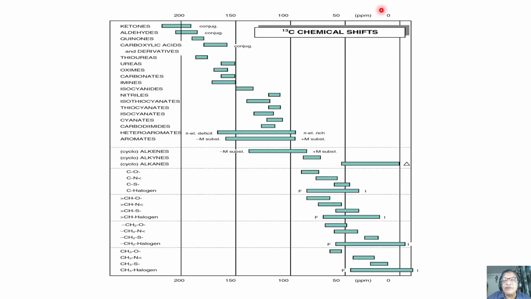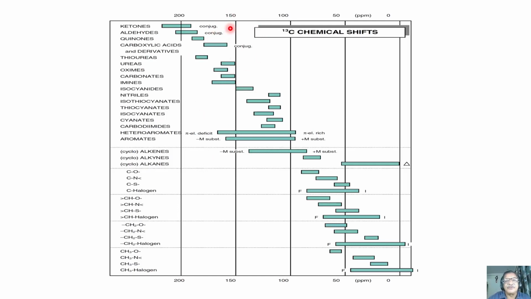For example, if I have carbon-13 chemical shifts, remember carbon-13, the chemical shift varies from 0 to 300 ppm. It can go even beyond. In that case, again, if I see the carbon CH3 attached to halogen, it may come somewhere here. If I say I have to look for the CO group, it may be somewhere here. If I say I have to look for CH2 attached to oxygen, it comes somewhere here. Or if I want to see isocyanates, which come in this region between, let us say, 130 to 150, like that. If I want to see the aromatic, it comes somewhere around 130 to 150 ppm.